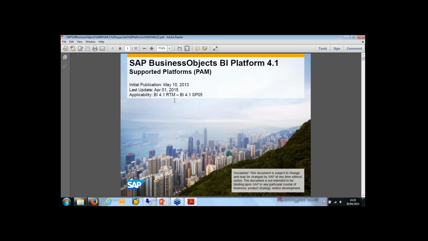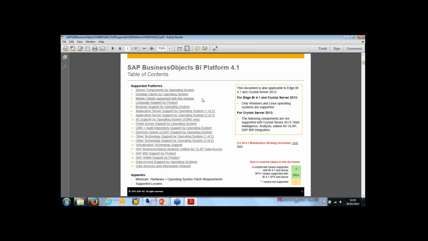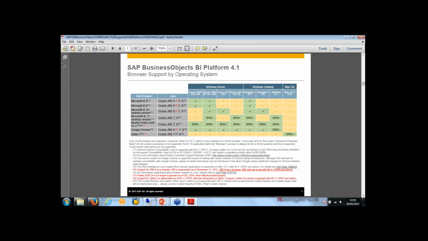So here is the platform support document for BI 4.1. All the service packs are listed in this 4.1 document. Older versions, XI 3.1 and 4.0, had their own specific document, but this one runs from release to market to SP5, which is the latest service pack we have. Going through, it has a list of supported browsers, but also